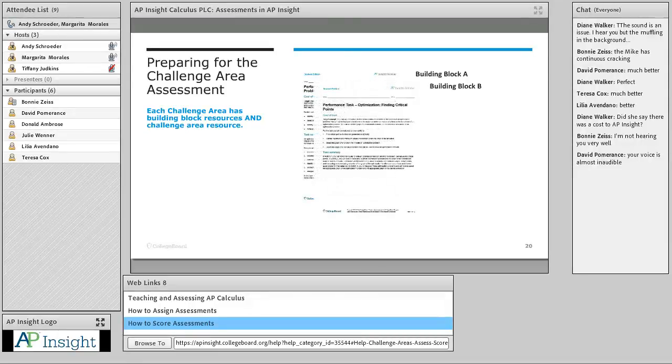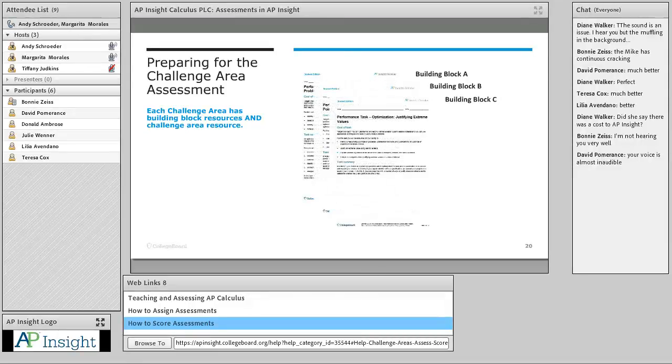There's the performance text I just mentioned. There's the building blocks A, B, and C. I did the one that helped students who struggle the most, which was to prepare for setups, to set up the optimization questions. Not sure which one that one was in particular from A, B, or C, but when they did that one, for me, I was very taken aback when I noticed that a number of students missed